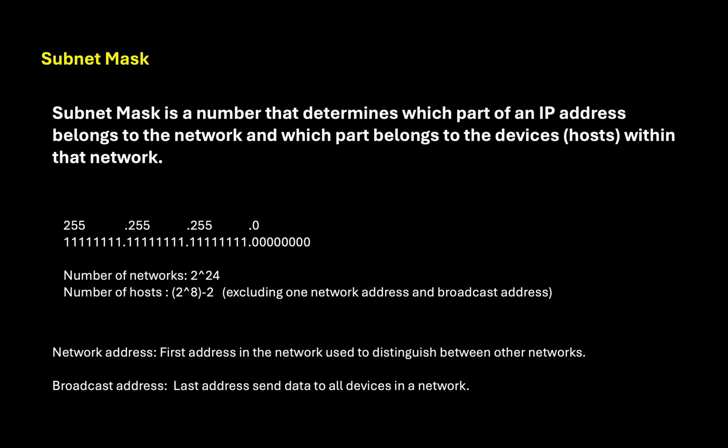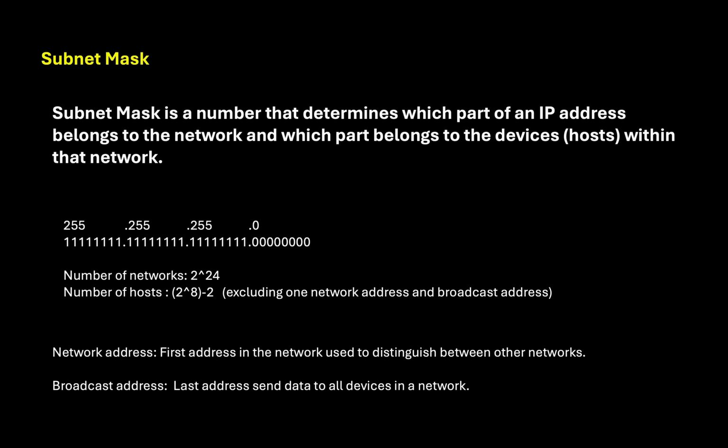So then what is subnet mask? Subnet mask is a number that determines which part of an IP address belongs to the network and which part belongs to the devices within that network. So consider a subnet mask where we have 255.255.255.0. If you convert this into a binary representation, whatever the ones, those are going to be the network,